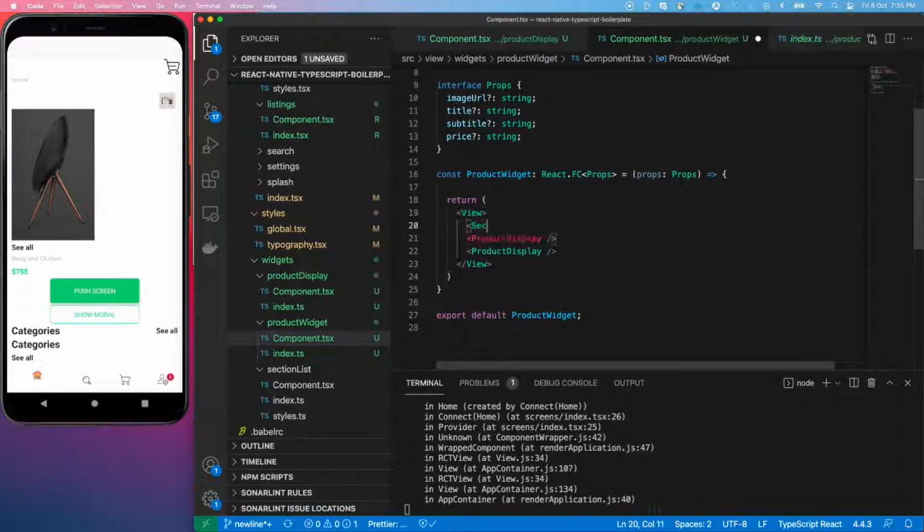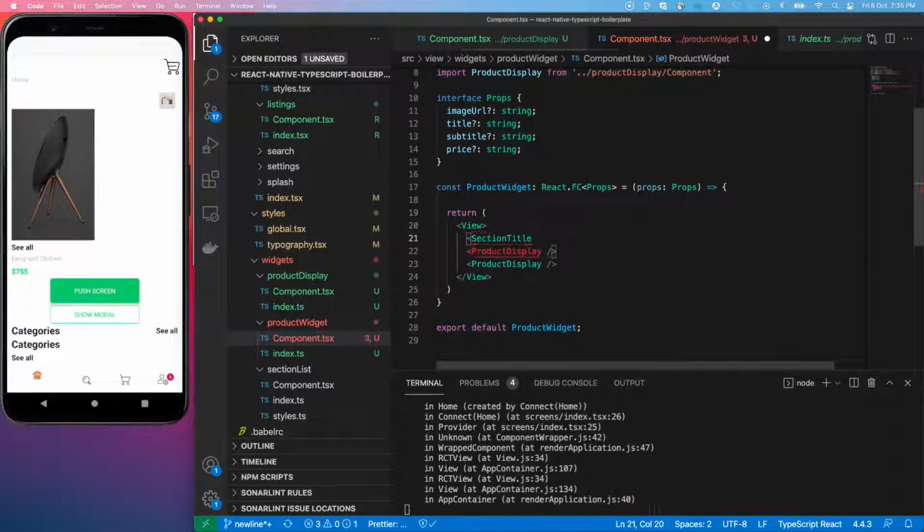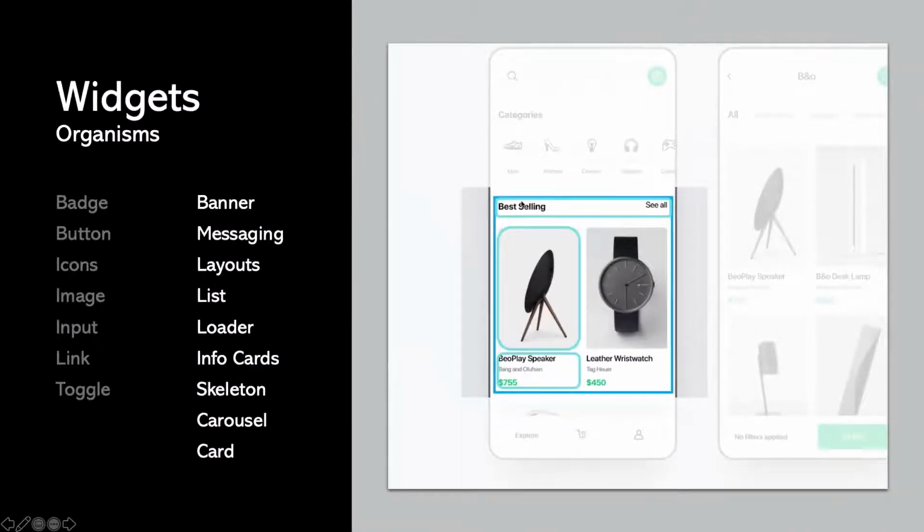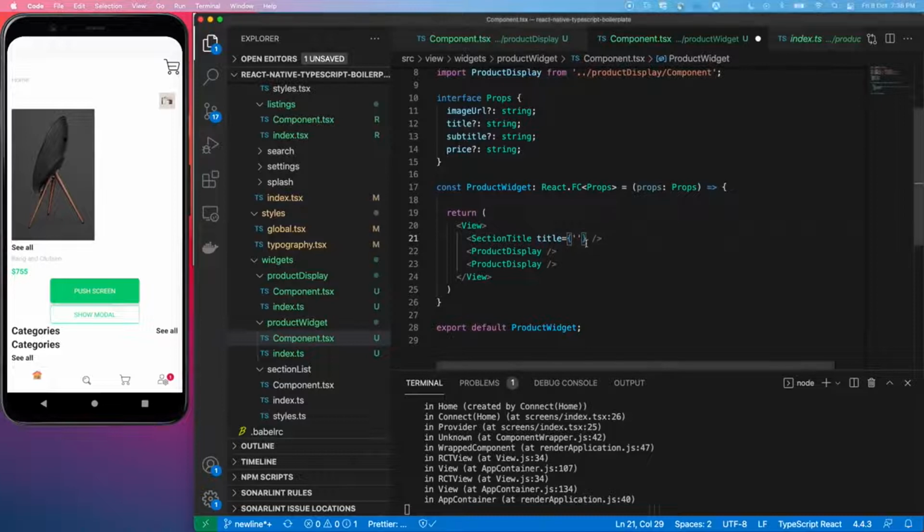Let's add that section title and we'll pass title to it as best-selling and subtitle as see all. Subtitle equals see all. We can also pass an on click to it so that when we click it, we